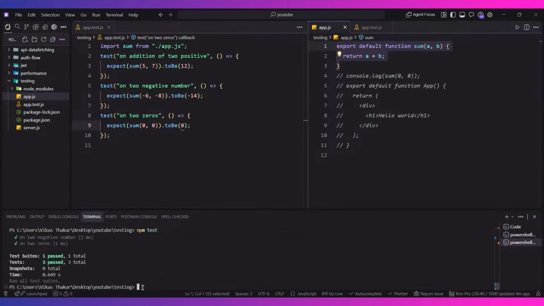मेरे सारे के सारे टेस्ट केसेस पास हो रहे हैं, क्योंकि मैंने सम के लिए टेस्ट केस लिख रखे हैं कि जब भी मैं दो पॉजिटिव नंबर दूंगा तो आउटपुट इतना होना चाहिए, अगर दो नेगेटिव नंबर दूंगा तो आउटपुट इतना होना चाहिए, अगर मैं दो जीरो दूंगा तो आउटपुट इतना होना चाहिए। अब ध्यान से बताना, क्या मैं कभी app.js को रन कर रहा हूं? नहीं, आई एम नॉट रनिंग app.js एक्चुअली। व्हाट आई एम रनिंग app.test.js, कि मैंने app.test.js को रन किया है रादर देन रनिंग app.js।